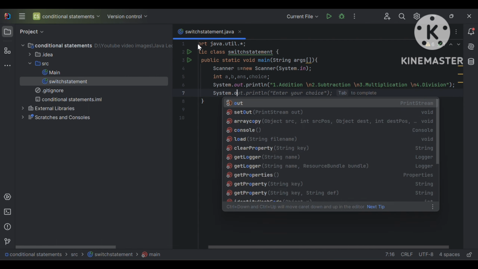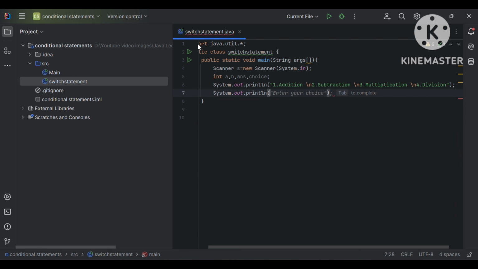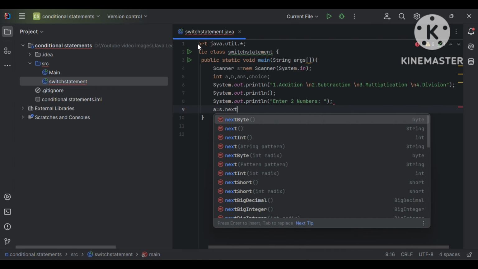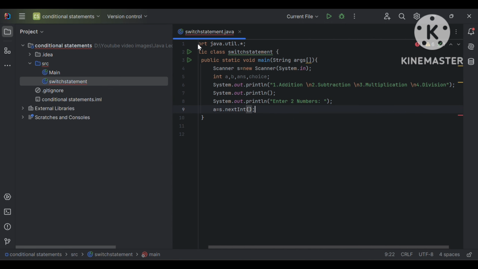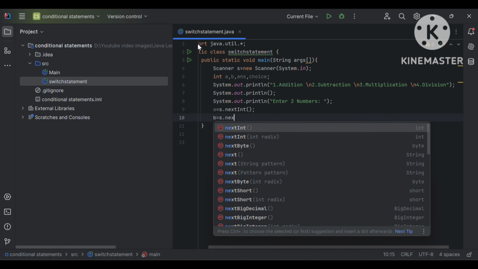System.out.println again: enter two numbers. a = s.nextInt(); b = s.nextInt();